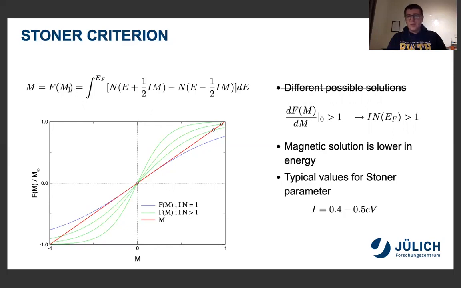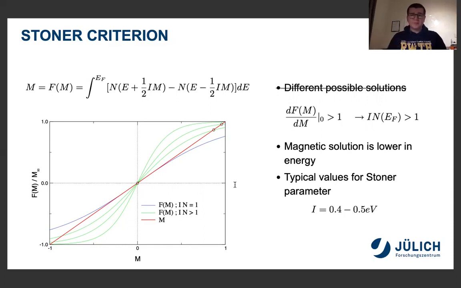divide this function f of m by m, we can see that we not only have a trivial solution here, but we also can have other solutions which are then magnetic. Of course, this trivial solution is non-magnetic, entirely non-magnetic actually. However, there can be multiple solutions for a given Stoner parameter where your magnetic solution has actually a lower energy than the non-magnetic solution. So this would cause a physical system to not persist in a non-magnetic state rather than